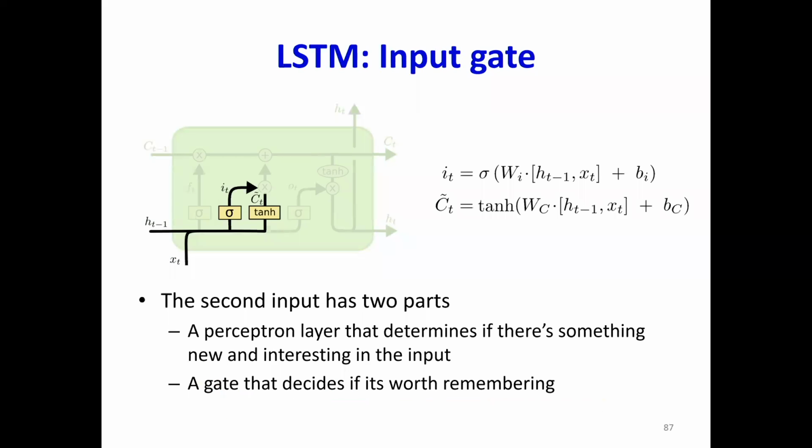But then you want something else. You want to maybe increment it too. So now we want to be detecting patterns, right? You want to detect if you've seen another open curly brace, or if you've seen another closed curly brace. So you need a pattern detector. The tanh there is a pattern detector. It's detecting if there are other things in the input that must be used to modify the memory.